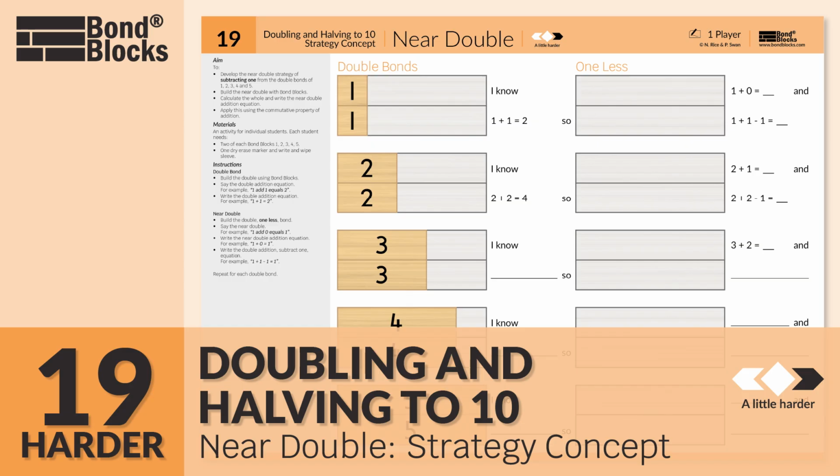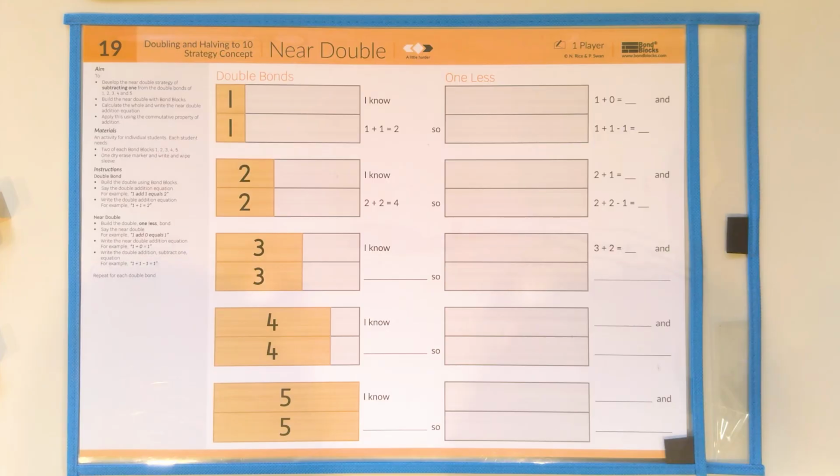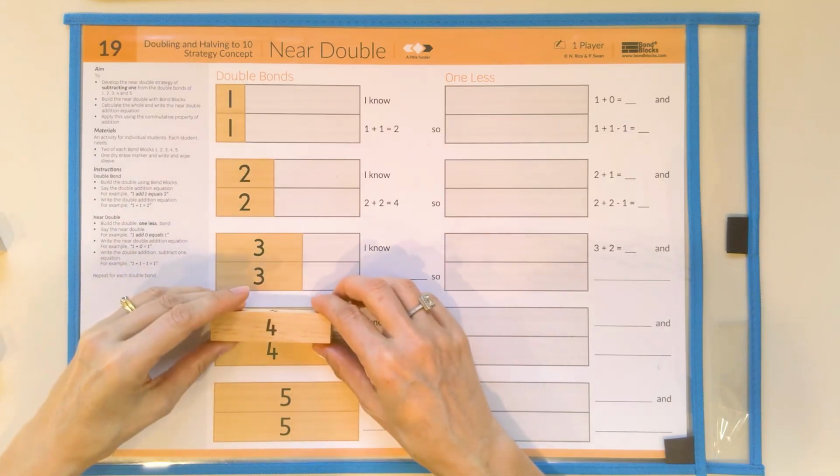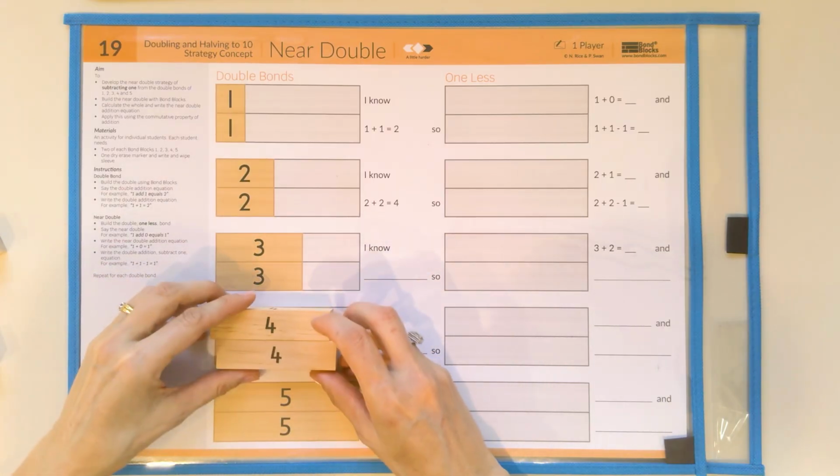Welcome to Activity 19, A Little Harder. In this activity, we'll be developing fluency with near doubles that are one less than the double. For example, I know this double of 4 add 4